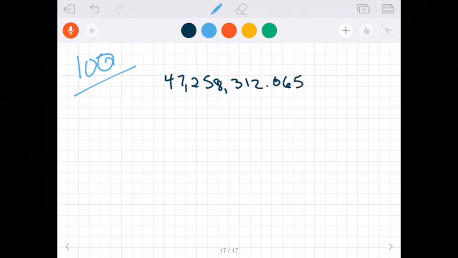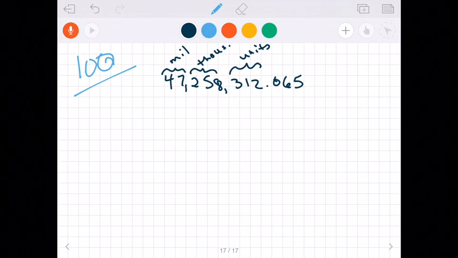Okay, so here we have our units. These are our thousands. And these are our millions. Okay, so we would just read it as 47,258,312. And, of course, we read the decimal point as "and"